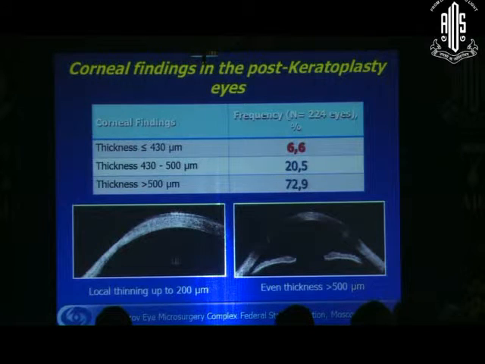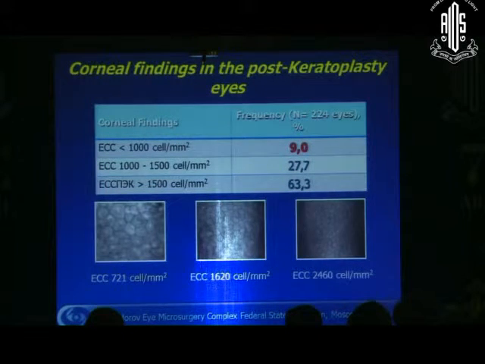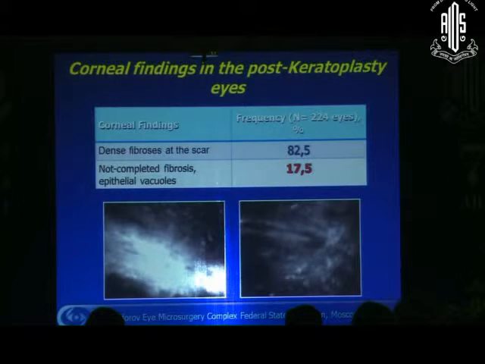When we analyze the reasons for the complications and try to find the corneal predictive factors which can be the reason for these complications, we detected that in some cases it may be severe thinning, local or total thinning of the cornea after keratoplasty, low density of endothelial cells, incomplete fibrosis or epithelial vacuoles inside the scars,